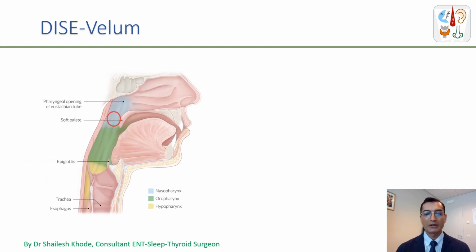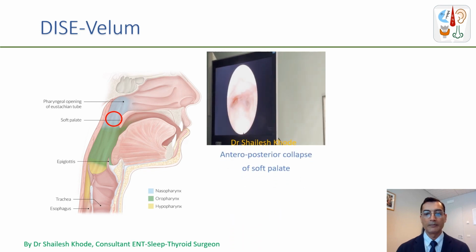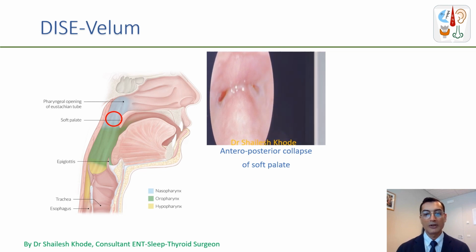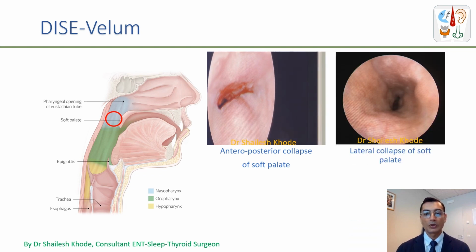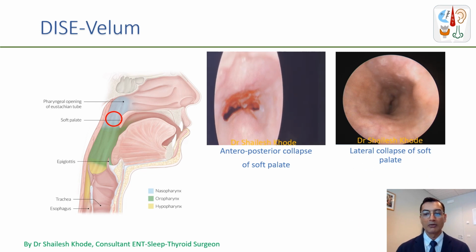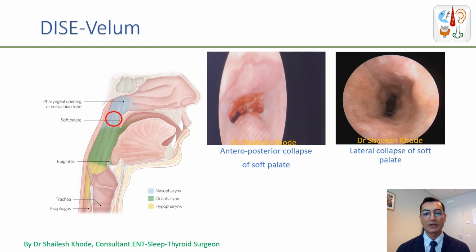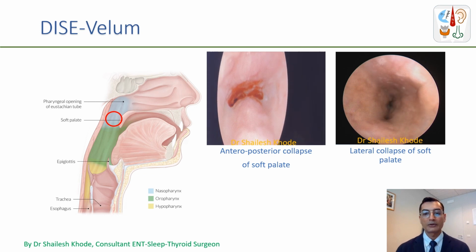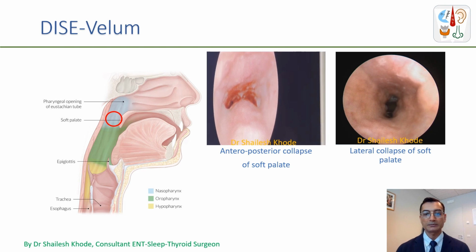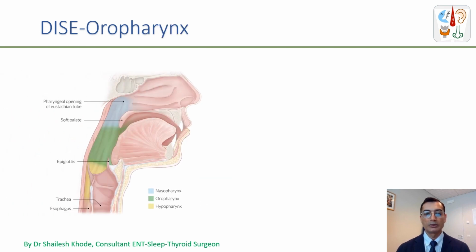When we pass the camera and negotiate the posterior choana and check at the level of the velum, we can get either an anteroposterior type of collapse, also called fish mouth collapse, or we can find lateral collapse at the level of the velum. It will help us to decide what kind of surgical options we can consider in those patients. When we negotiate the scope and look at the level of the oropharynx,